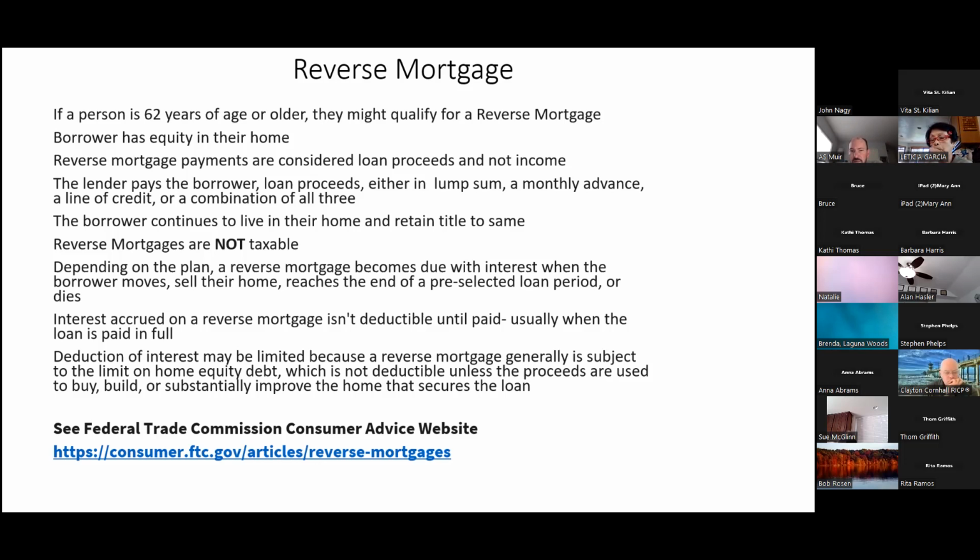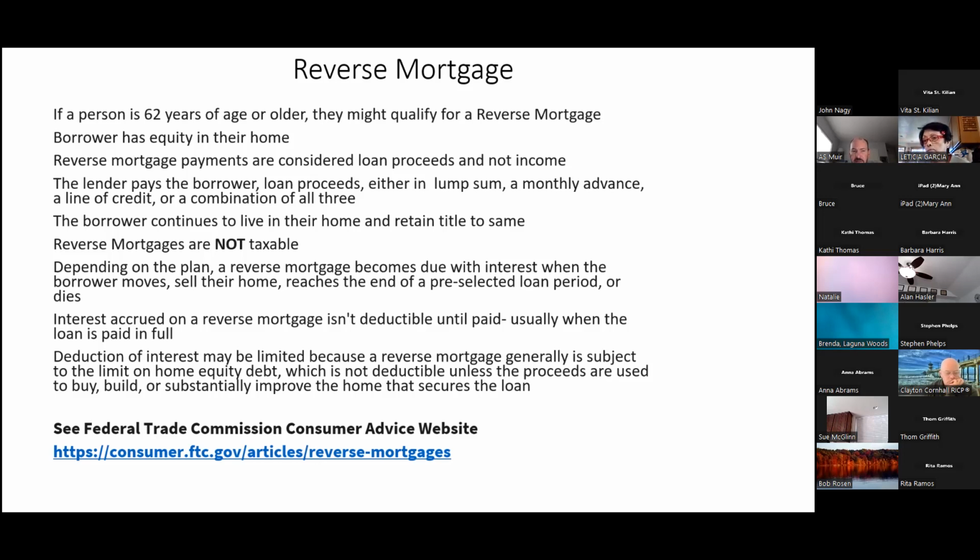And it could be 30 years. A lot of stories I read of 30 years. And so that means the individual at the end of 30 years, they've got to refi or sell their home, or if they pass away, then of course maybe their adult son or daughter then will either sell the home or pay off the mortgage and then retain the home. And then here's something that you'll see in that publication we talked about. Interest accrued on a reverse mortgage is not deductible until it's paid. And so that means, again, at the end of the period, or perhaps when the senior has passed away.